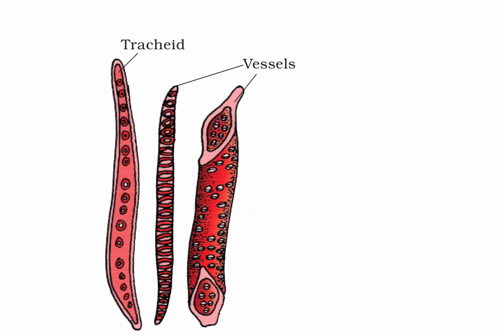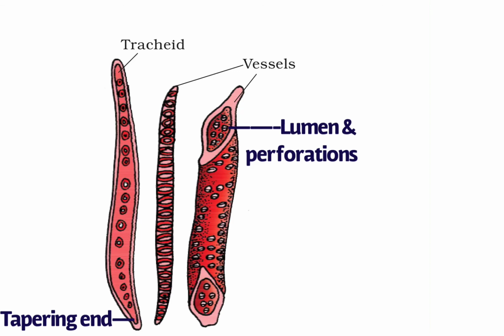Now let us see the explanation of tracheids and vessels in the form of diagrams. In the first diagram, which shows tracheids, the tapering ends are seen, and the dotted structures are the lignification pattern. In vessels, 2 different types of vessels are observed, and the last one has a larger lumen, a larger cavity, and even the perforations are seen on the upper and lower ends. So these are the vessels found in angiospermic plants, and these are the lignifications which I am showing.